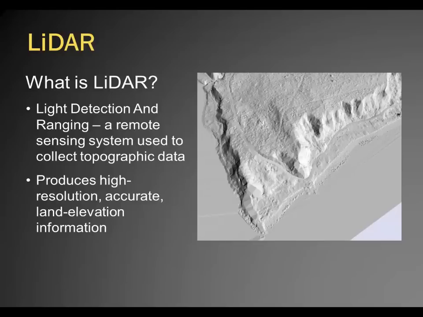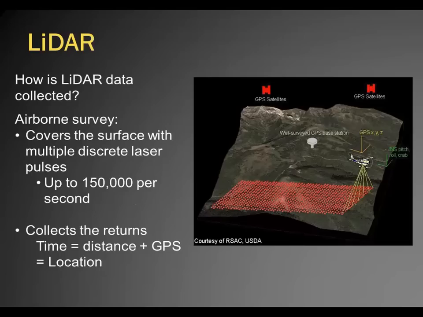Basically, a signal, a light pulse, a laser pulse is sent from something and it bounces off, and we use that bounce back, that ranging, to produce a very accurate measurement. In this case, the land elevation, how high the land is, or the tree or the bush or the shrub or whatever is on the land. And this is collected with an airborne survey. Now there are other ways to collect LiDAR, terrestrial, but what we're using here in Minnesota is the airborne survey, where there's up to